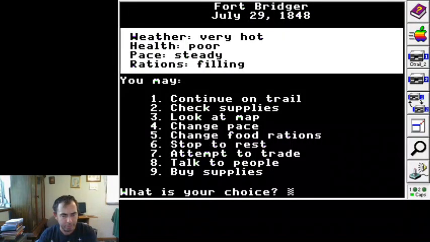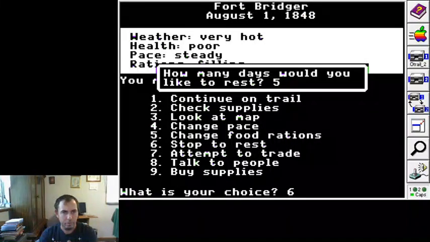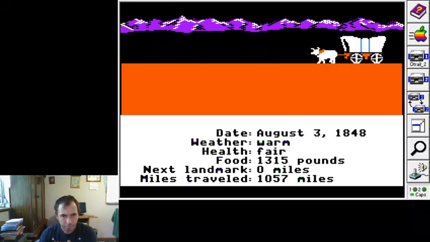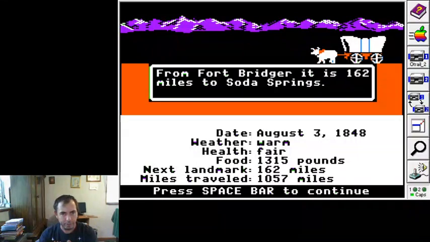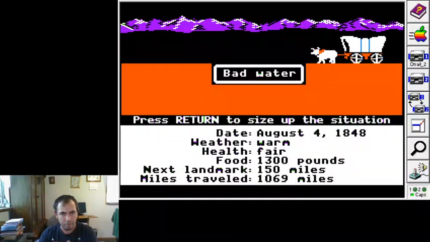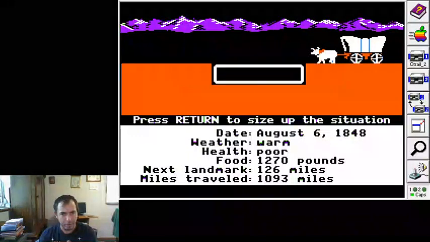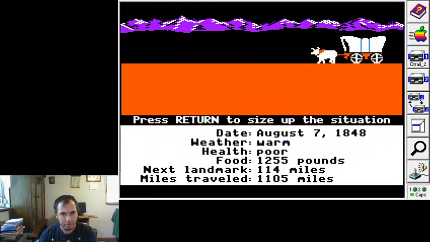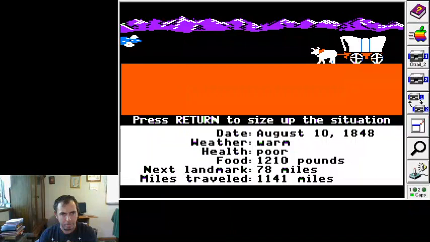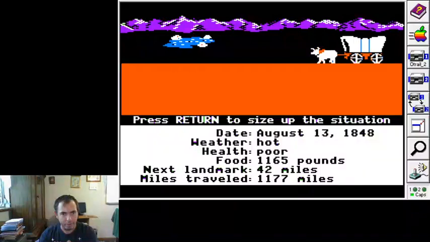Let's stop to rest for 5 more days and continue. Soda Springs. 12 miles per day. 15 pounds of food per day.